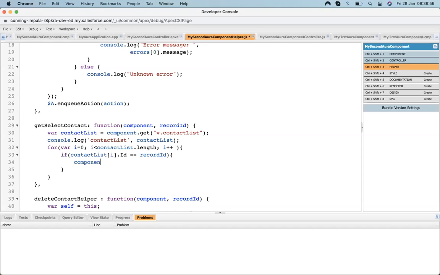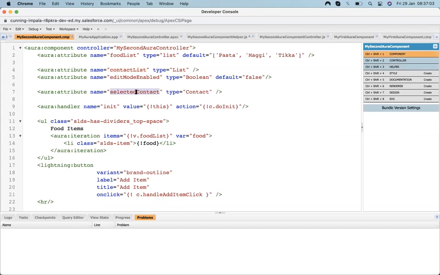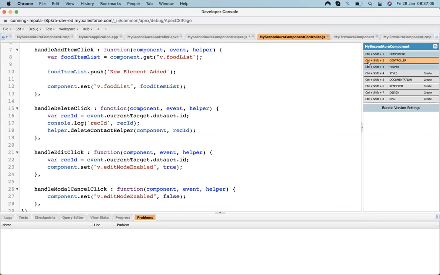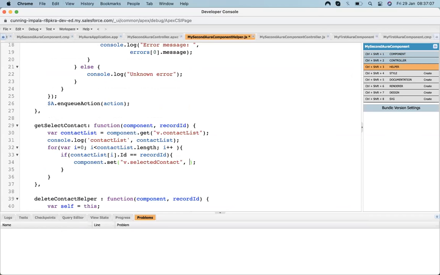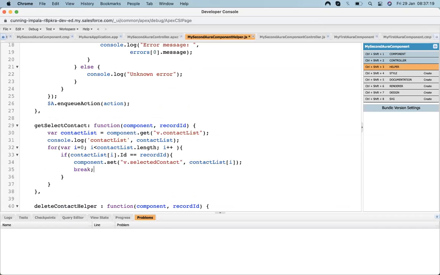So component.set("v.selectedContact"). Whatever selected contact I'm getting from here, I'm just assigning, and once the assignment takes place, I hit the break. Why am I using break? Suppose I find the match on the second index, so I don't have to traverse the rest of the loop.